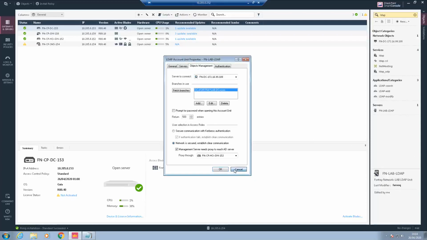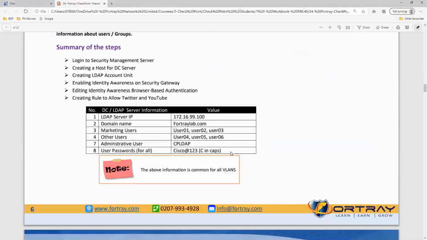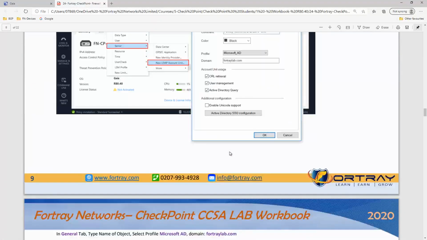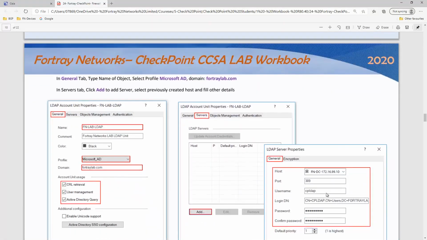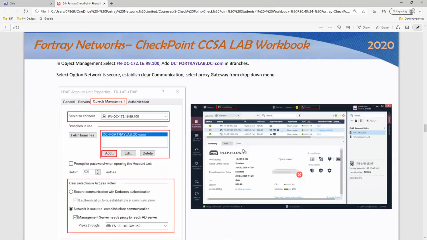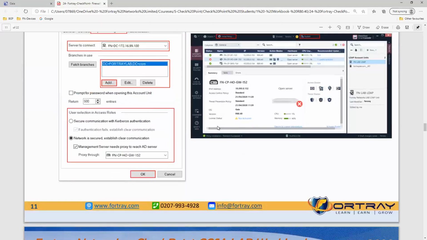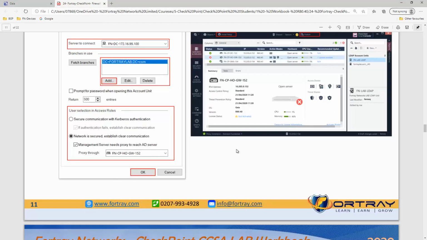Once you configure that, the next step would be, first of all, we need to create an object. Then we need to configure all these settings. You see this network management, object management, and then this is our proxy.